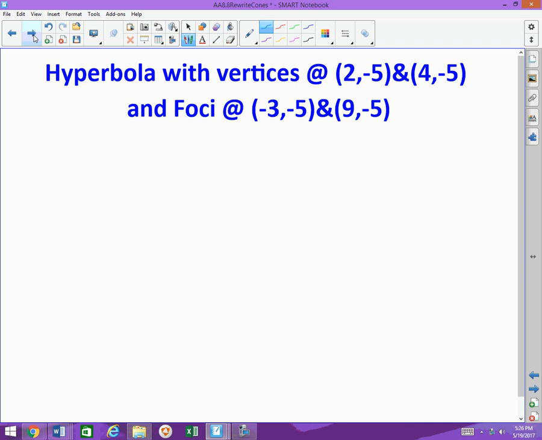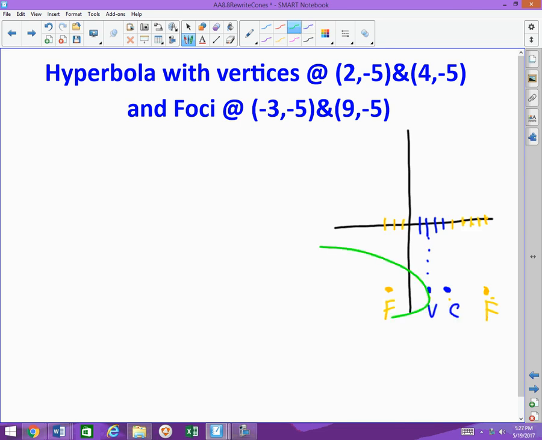Moving on to a hyperbola. Vertices at (2, -5) and (4, -5). So (2, -5) and (4, -5) are the vertices, and the foci are at (-3, -5) and (9, -5). So because these are the focus points, and here are your vertices, our hyperbola has to be doing something like this. So it's a left and right opening hyperbola,